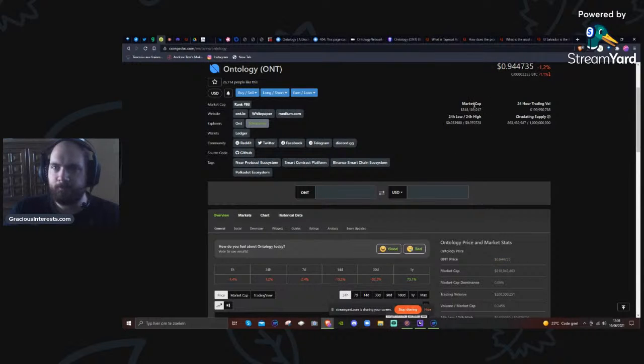What else do I see here? Market cap, 818 million, 24 hour trading volume, about a quarter, so 199 million. Highs and lows, so it's pushing towards the dollar. Circulating supply, 863 million coins approximately from 1 billion. So it has a max supply, which is great. It implies there's no infinite amount to be created, which makes it less likely to be, I wanted to say a rug pull, but a max supply generally